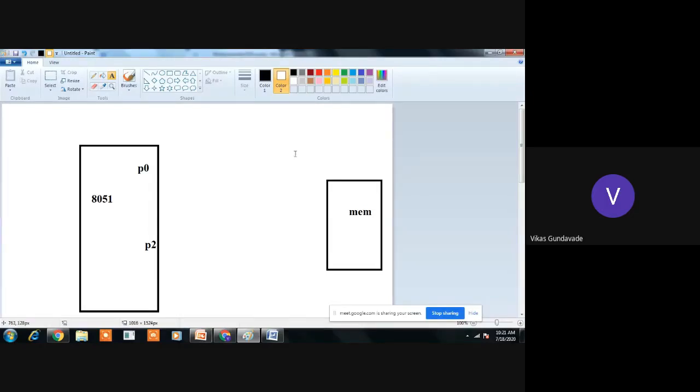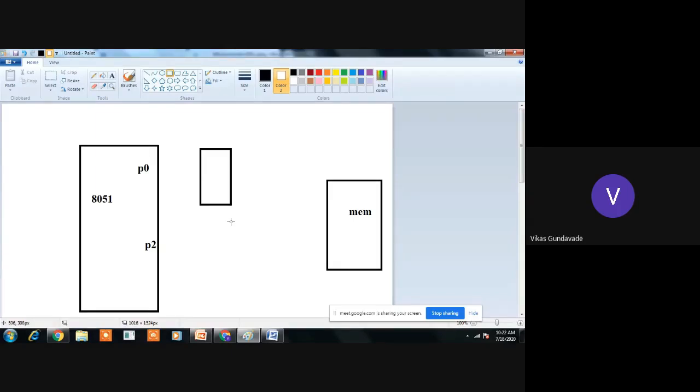Port 0 is first connected to the 74LS373 latch. And what is the function of this 74LS373? Already in the last lecture I have told you. The 74LS373 is a latch which holds the data, and when that latch is enabled by the ALE pin, the input will get shifted towards the output.